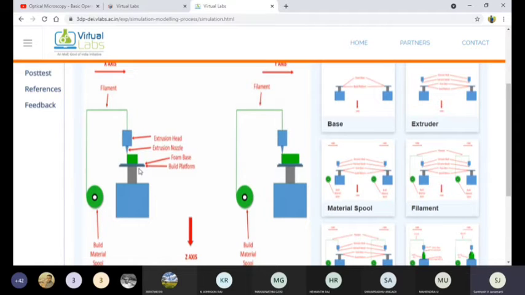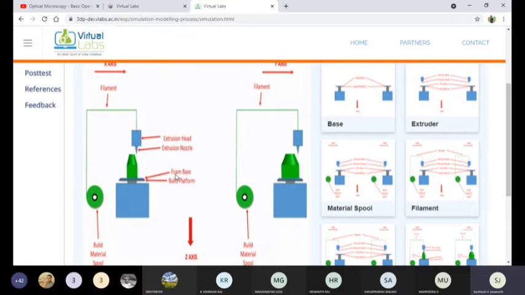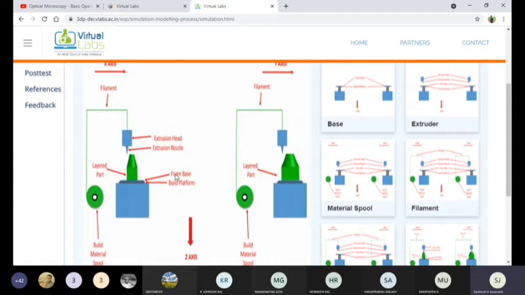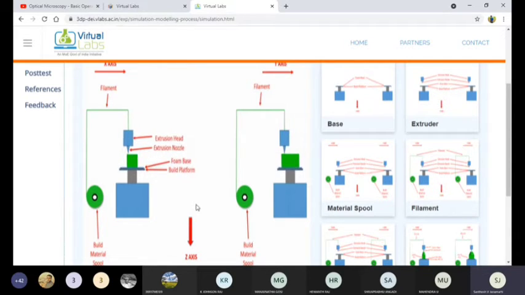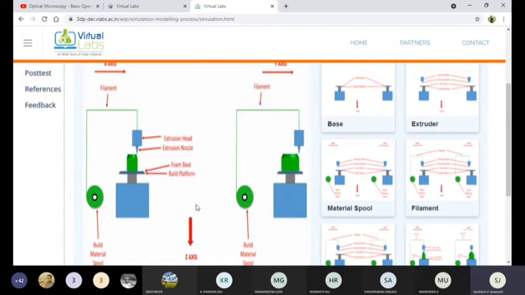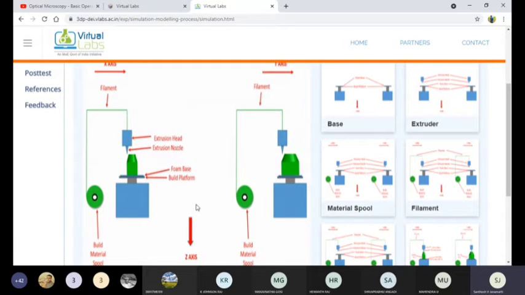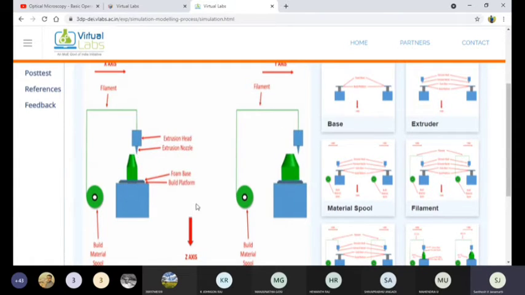So now I would like to ask some questions. How is this process carried out? What are the major requirements for this process? I hope you understand now. What are the major requirements we need to execute this process? Tell me. Just look at the image and you can tell me, it is a very simple process.